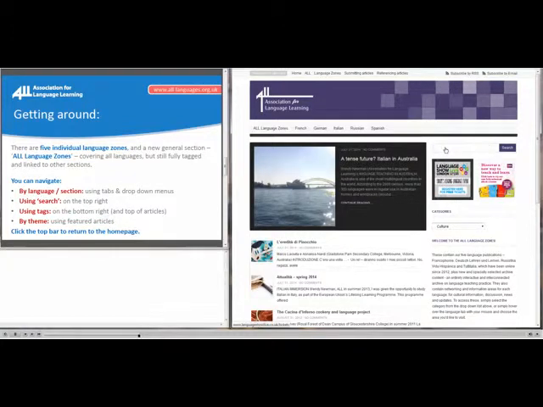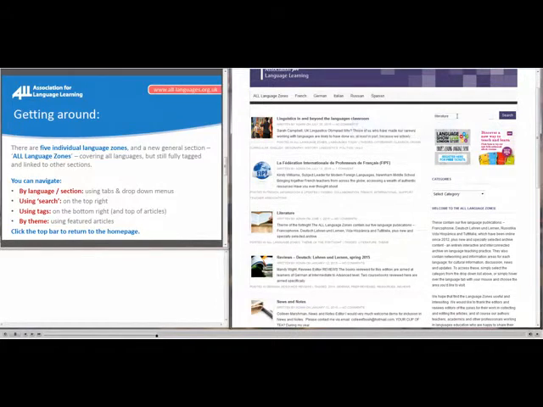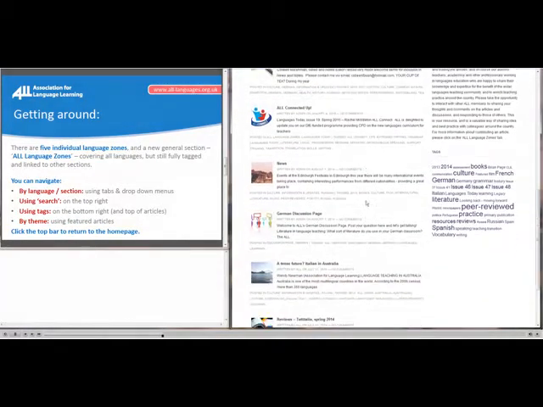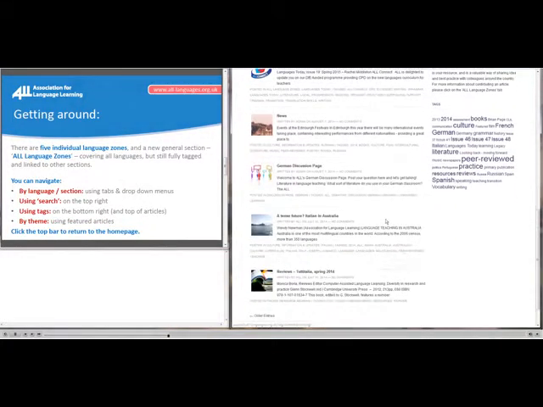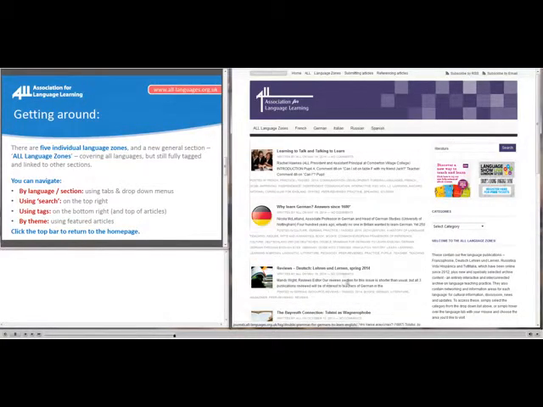You can also navigate using this search bar. So say, for example, we wanted to find all of the articles to do with literature. Simply key in the keyword in the search bar and that'll bring up a list of all of the most relevant articles in date order. There are also older articles listed too,